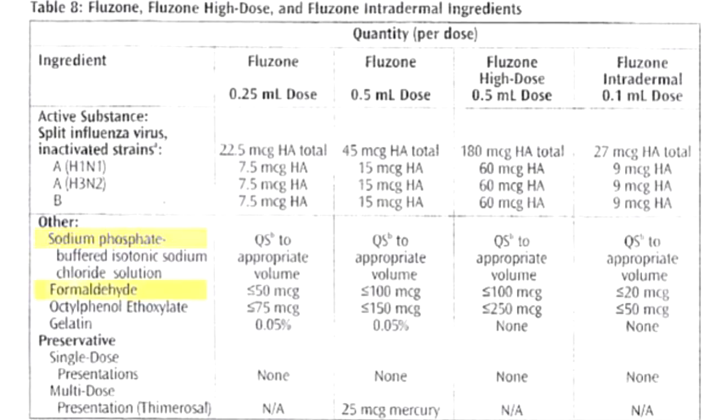All right, next is formaldehyde. Okay, we all know what formaldehyde is. It's embalming fluid. And according to the official websites that I visited, the formaldehyde in the flu shot is used to kill the active strain of the virus, and the amount left in the shot itself is negligible, but there's an allowable amount. Like under the 25 milliliter dose, there's an allowable amount of up to 50 micrograms, which, as you'll see, is more than double the amount of inactive strain. Anyway,